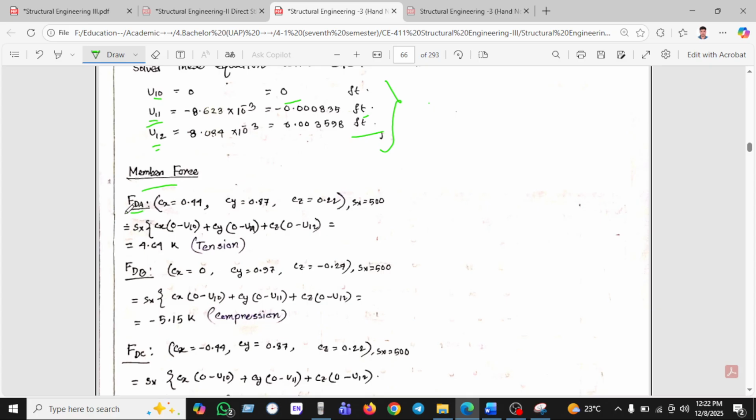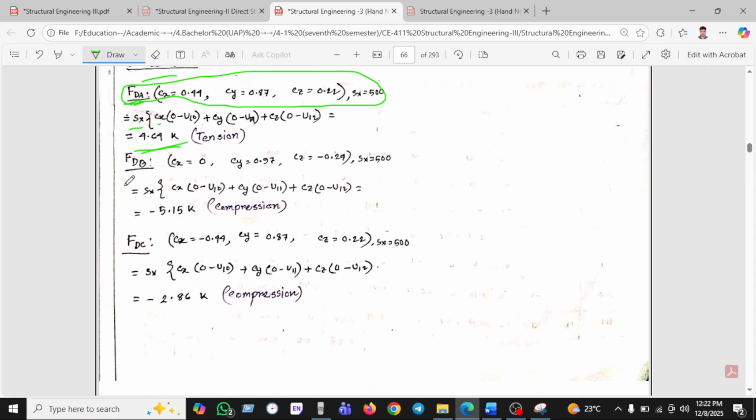If we calculate the member force of TA, at first we need this data. So we take this data, and this is the formula, Cx equals U minus U10, 0 minus 0, and we put this value in and find the result here. I will calculate the member forces as has been shown previously. For the member force of CD, we first take this value and Cx and put these values here,